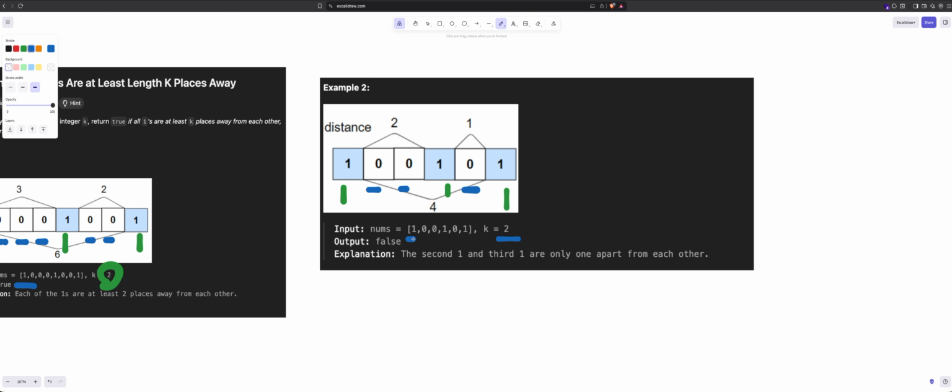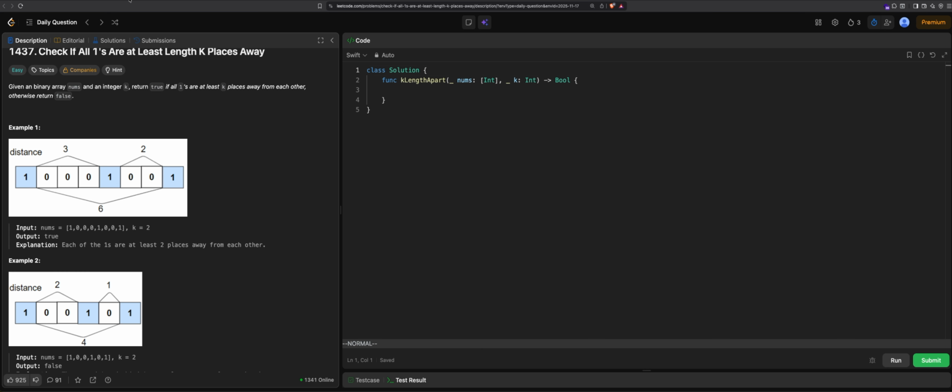So I think this is an easy problem, and we can just iterate through the array with O of n time complexity. We don't need to use any extra space. Initially, I was thinking of just calculating the space, plus or minus, based on the index, but after thinking about it, I think we can